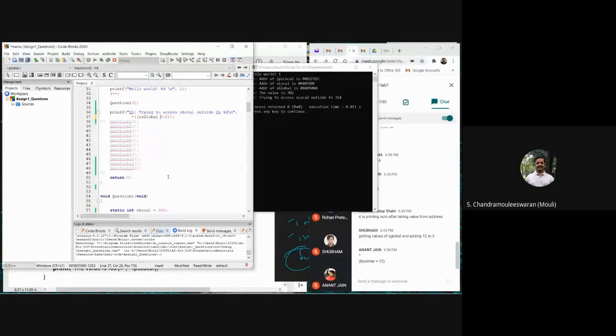The problem I'll tell you, if you do that, I should not do 12, okay? Because it will advance. Pointer arithmetic always takes the scalar value of that. When you say ampersand of S global, it is an integer pointer, so it will add 4. So you have to actually do plus 2 only, because the gap is only 4 plus 12. So I should do only plus 2, okay? And then it should work.